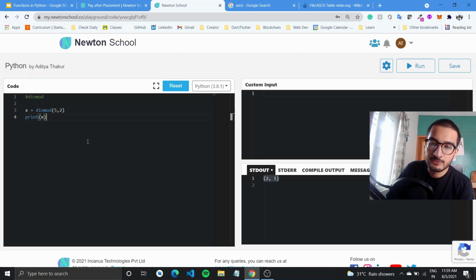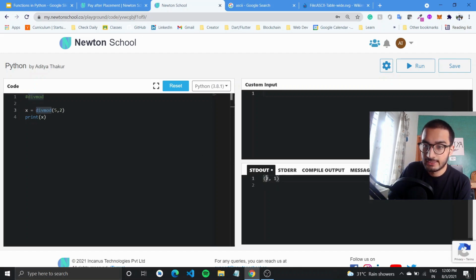So what would be the quotient? 2 twos are 4, so you'll get 2 as the quotient, and the remainder when you divide 5 by 2 would be 1. Therefore we have the second value here, 1. So this is our argument 1, this is our argument 2, this is the dividend, and this is the divisor. So the divmod function would return the quotient and the remainder.